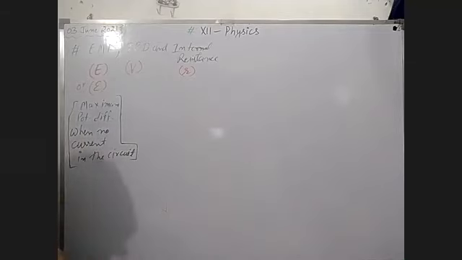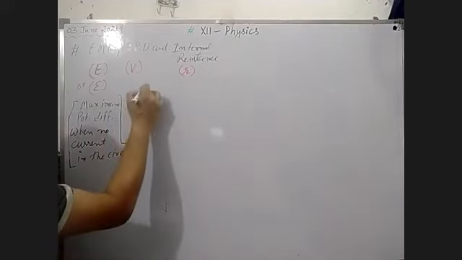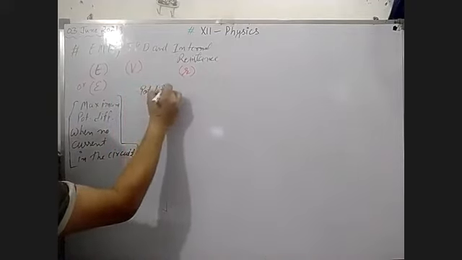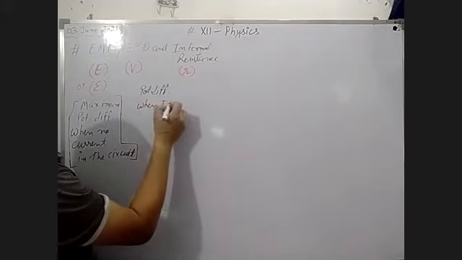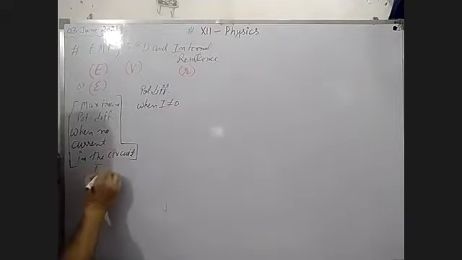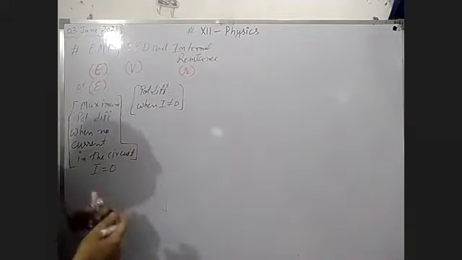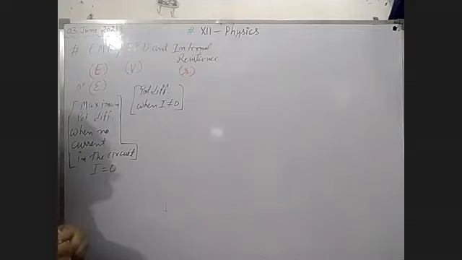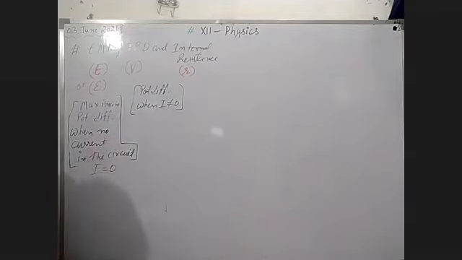Potential difference is what? Potential difference is the potential between two electrodes of the cell in a closed circuit. When current flows, it is the potential difference, but not the maximum value. Potential difference is when current is non-zero. In EMF, current is zero in the circuit. In this, current is non-zero, means current is flowing in the circuit. Okay, then the value is potential difference. Internal resistance.